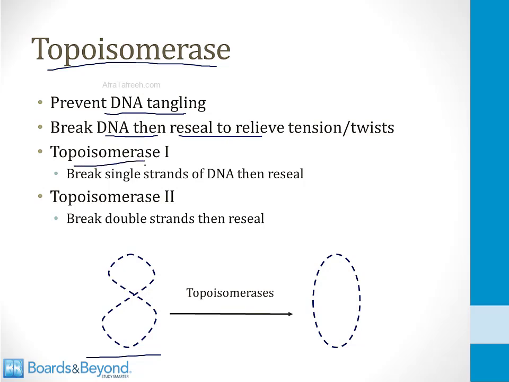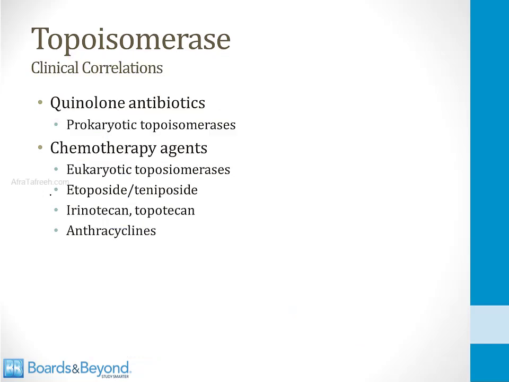Topoisomerase I is an enzyme that can break single strands of DNA and then reseal, and topoisomerase II is an enzyme that can break double strands and then reseal. And there are a number of clinical correlations with the topoisomerase enzymes. The quinolone class of antibiotics inhibits prokaryotic topoisomerase enzymes. This leads to breaks in DNA strands that cannot be resealed, and thus DNA damage occurs, and that's how these